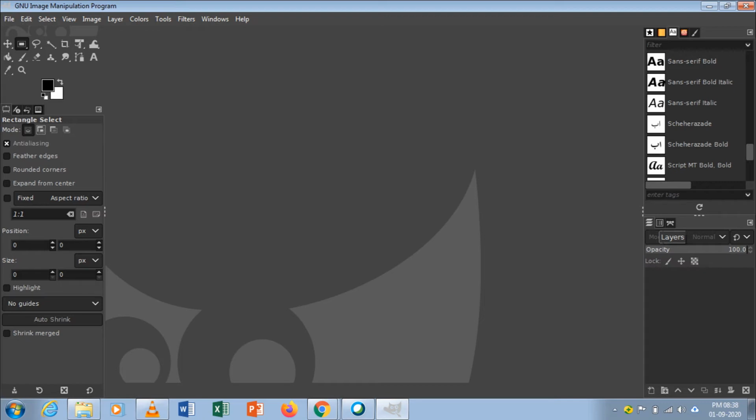Left hand side of the screen, what do you have? Toolbox and tool options. In the middle of the screen, you can see the image window. Right hand side of the screen, you can see the layers option.